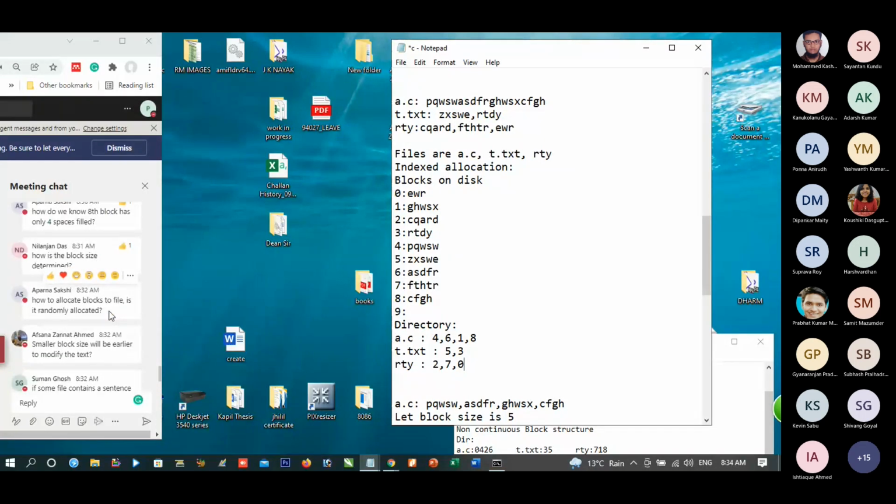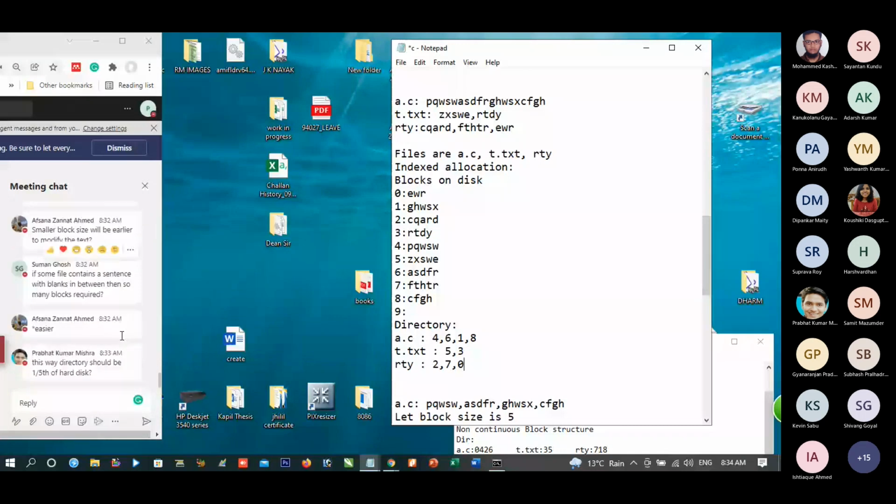Yes, how to allocate blocks to the file randomly: any free block we take and put the 5 letters of the file into it, assuming that there are no blanks. For blanks, you are talking about sparse files, Suman, which we can consider separately.